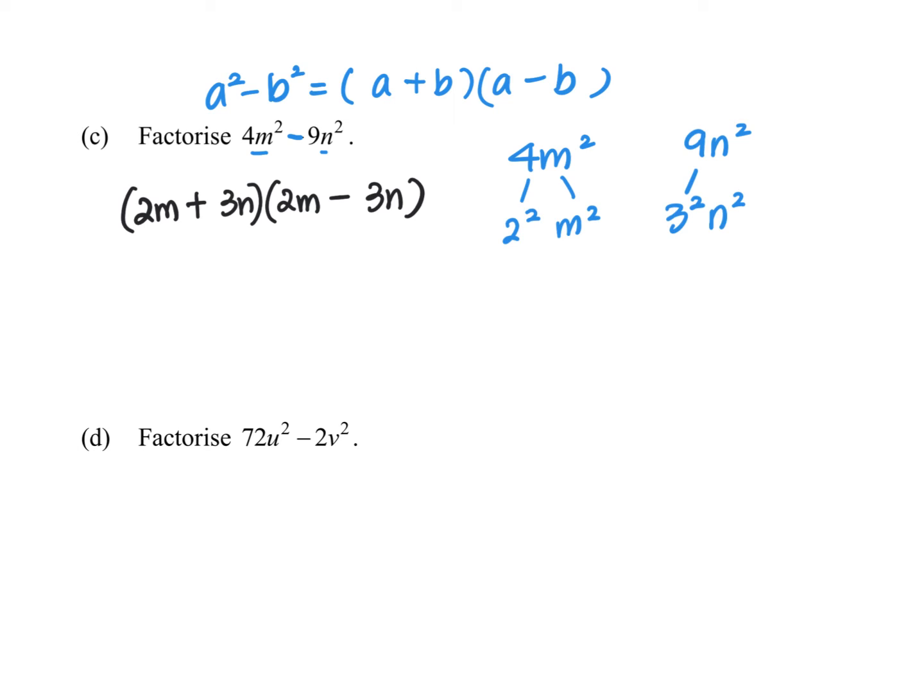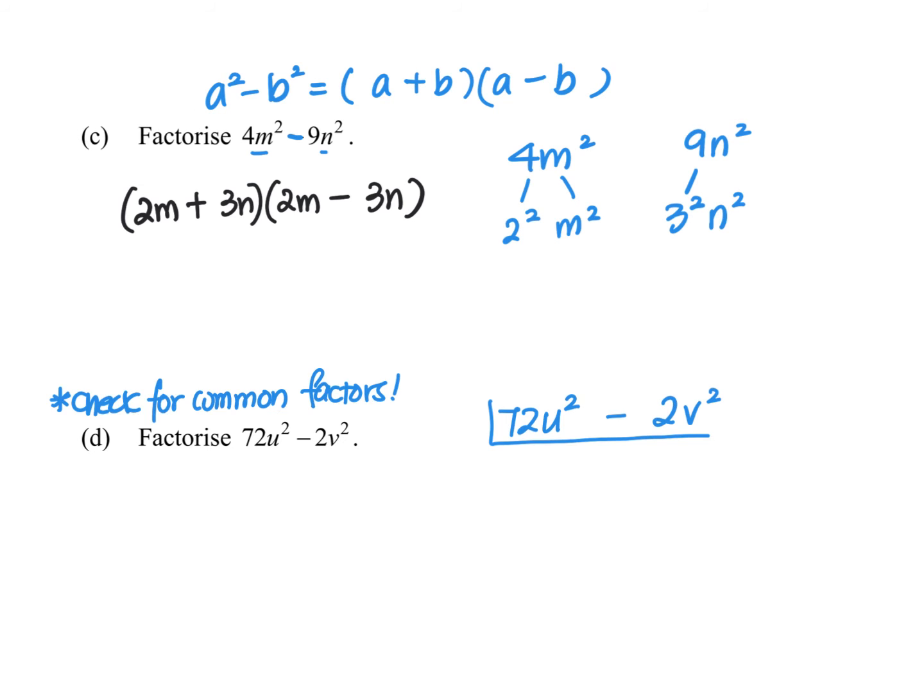What about question D? So we'll try to think and look at it. What is 72 itself? 72 is not a perfect square. 72u squared is not a perfect square. But what about 2? 2v squared, 2 is also not a perfect square. So when we start to handle this kind of question, we'll need to always do the first thing, check for common factor. Now we observe that 72u squared minus 2v squared, the number 72 itself and 2 has a common factor of 2. So taking out the common factor 2, 72 divided by 2, that will give you 36u squared